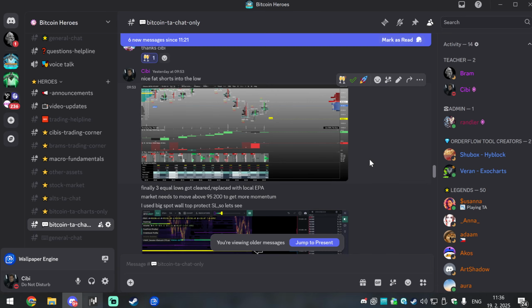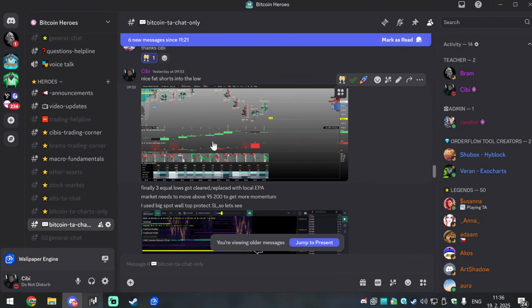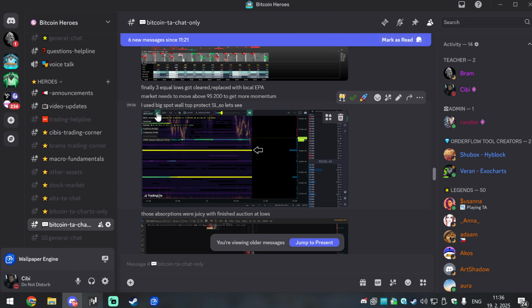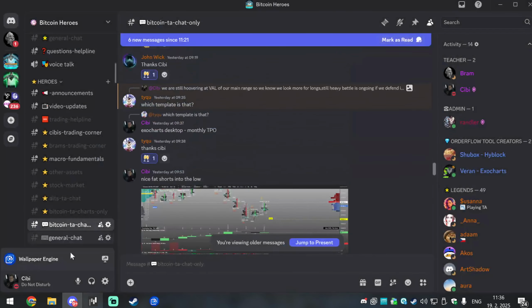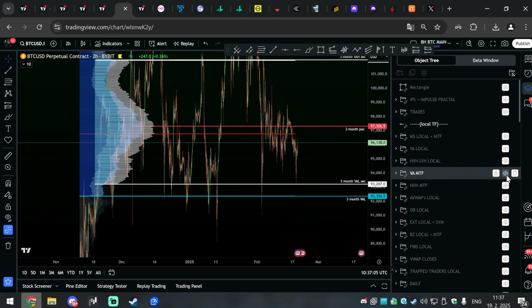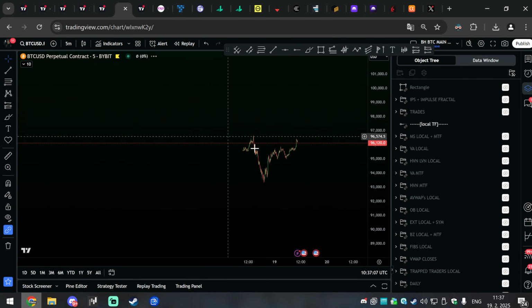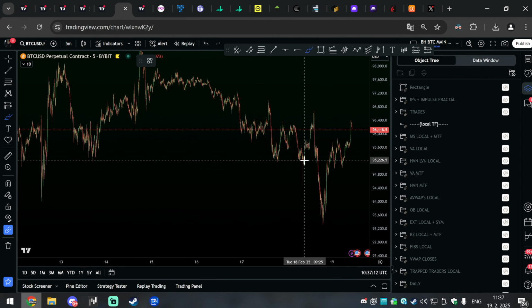And now the main bread and butter starts. So I'm taking a long here. Yes, I already said I used a big spot wall to protect my stop loss, which means of course I start to be in a position. I'm putting the stop loss behind a very large spot wall at 95,000. Very early because we've got then a 1.7% move on the chart. It was here. When we go here, we need to go to the small time frame, 5 minutes. So the long was happening here.